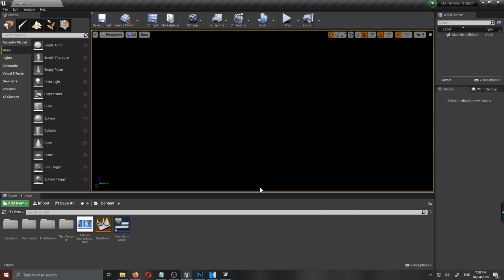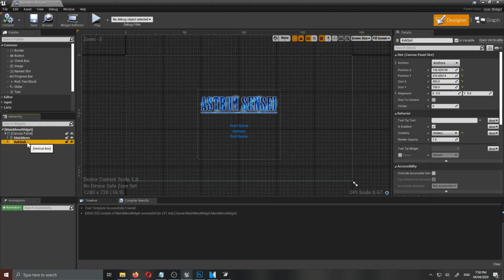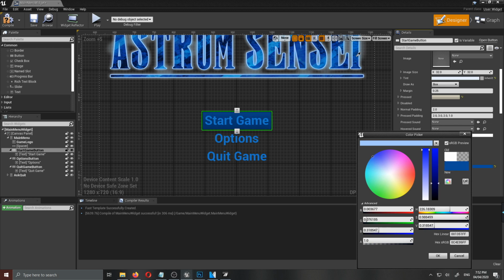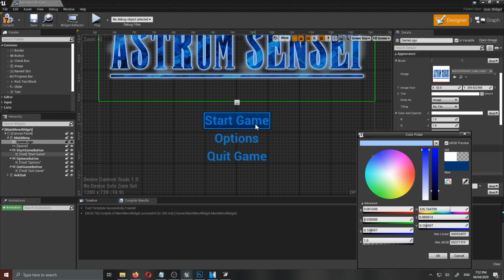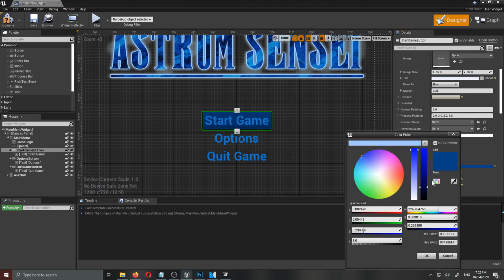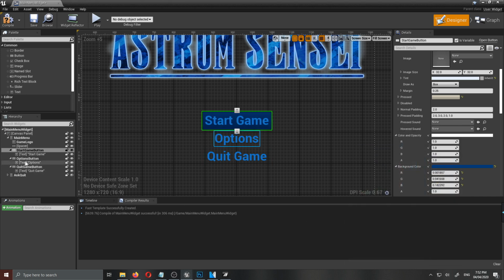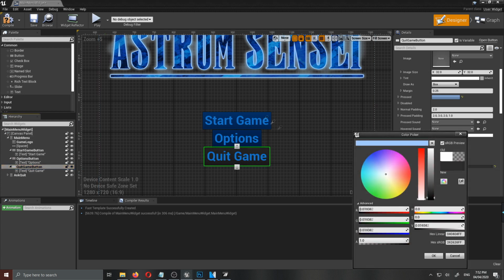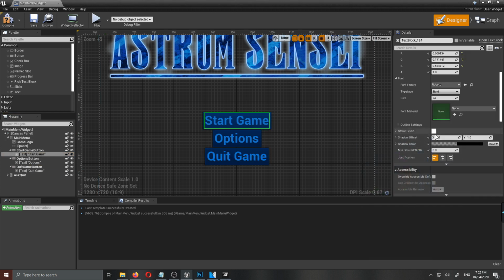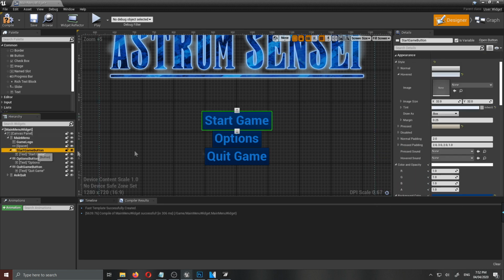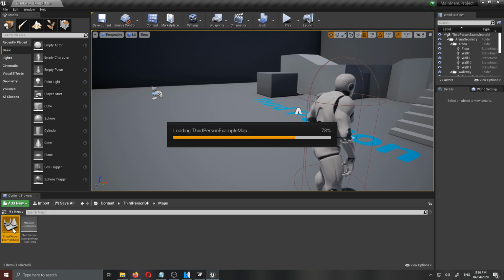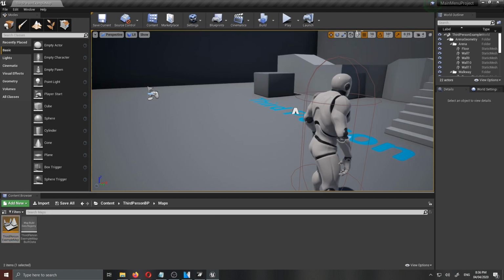So that small mistake for the quit prompt, we just forgot to anchor it to the middle, so I quickly fixed that, and I added dark blue backgrounds for each of the buttons because I thought they were kind of lacking. Now when you're making a game, it's gonna look much better if you work hard on them. So yeah, since this is a quick example, I just used the backgrounds for the buttons. So now that everything looks great, we're just gonna edit the other level blueprint so that we can play as